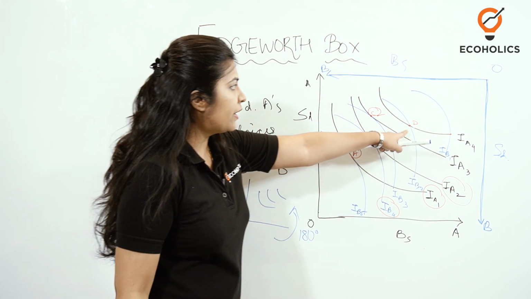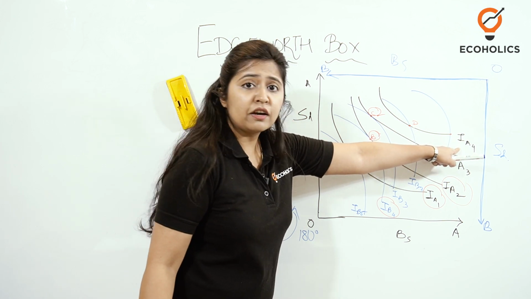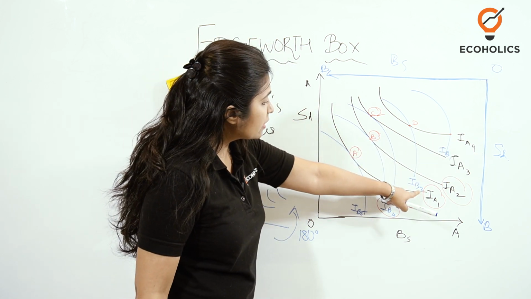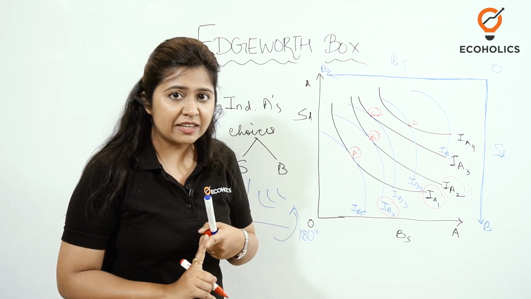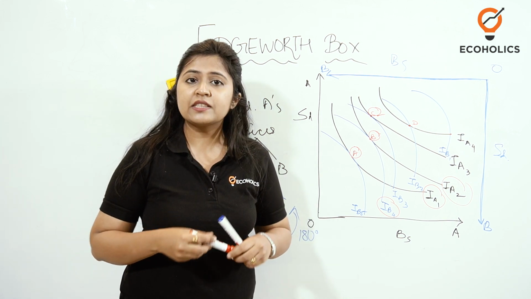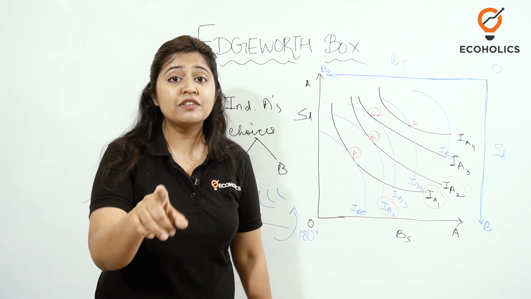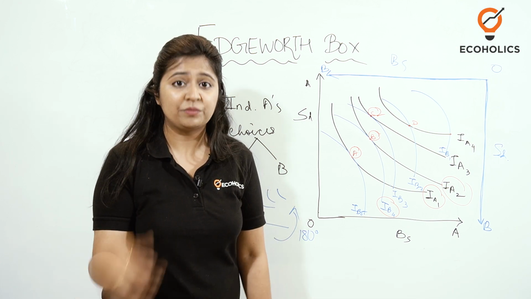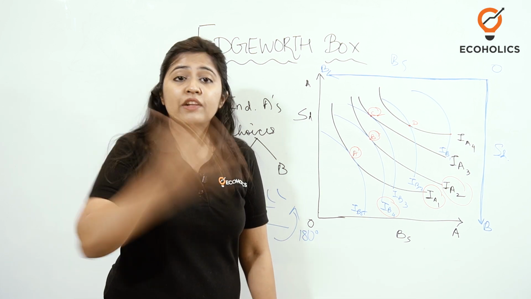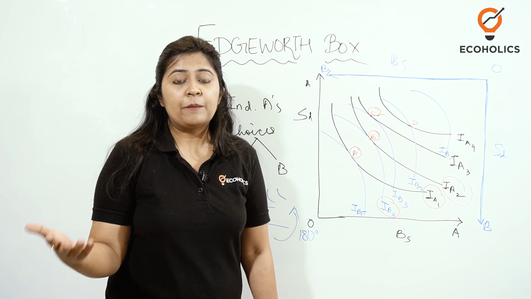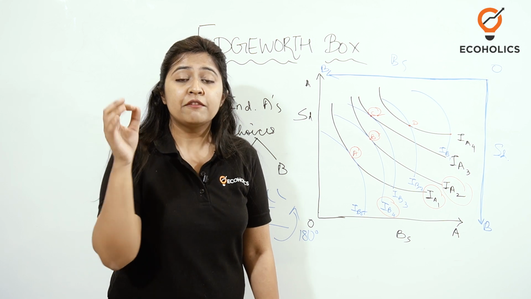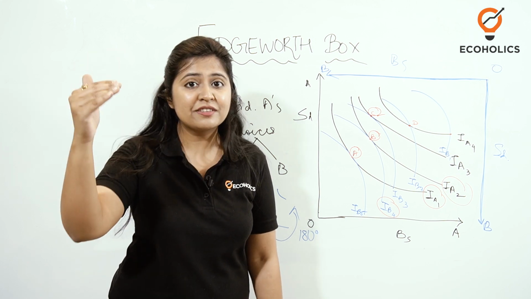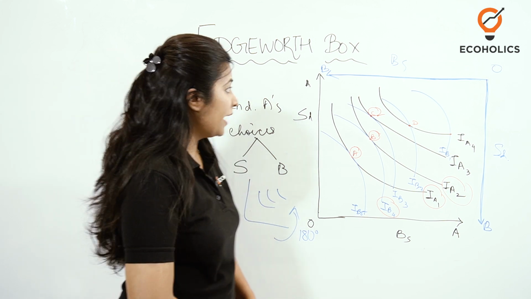Now over here, at point D, indifference curve A4 and indifference curve B2 are not tangential, but they are intersecting with each other. Now, first of all, there's a very important principle that indifference curves should not intersect each other, because they falsify all the other principles of indifference curves, and most of all the very important principle that the higher the indifference curve, the higher the satisfaction.